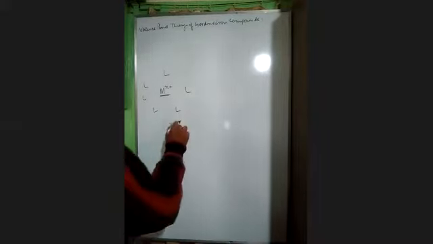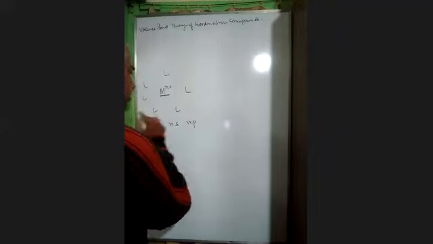You make your dining place exactly for the number of people who are going to sit there. Similarly, the central metal atom utilizes its valence shell s orbital and valence shell p orbitals. Now when it comes to the d orbitals,